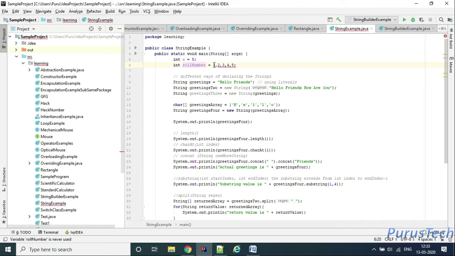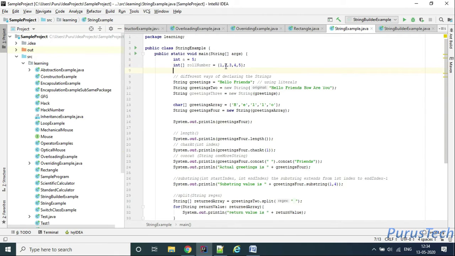An array can hold the same type of variable multiple times. Here I need to define it with a curly bracket start and curly bracket end, like this. So it is an integer array.